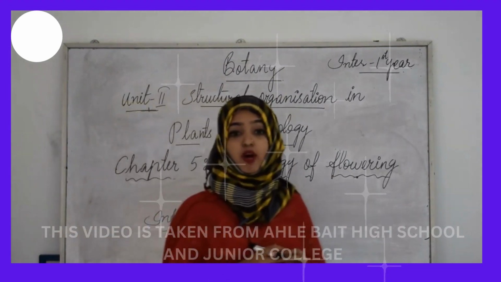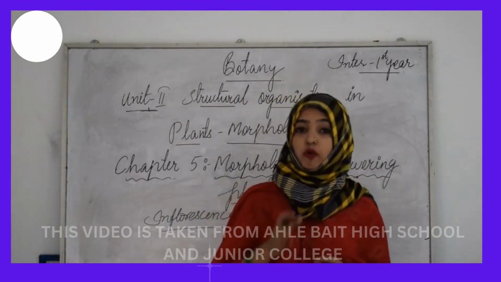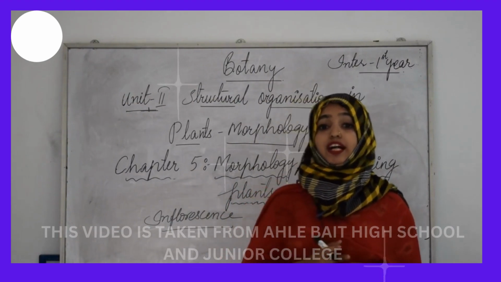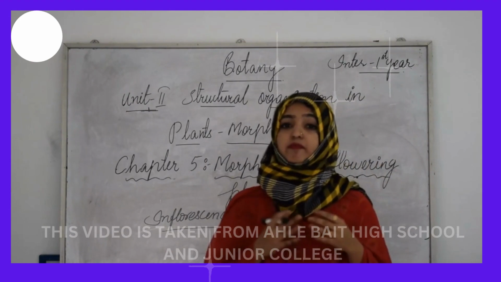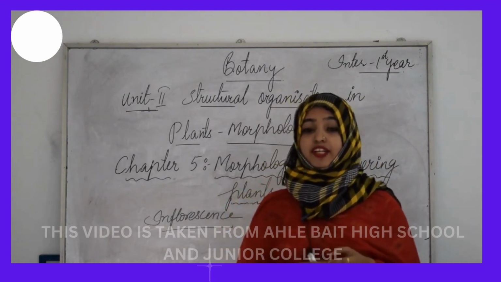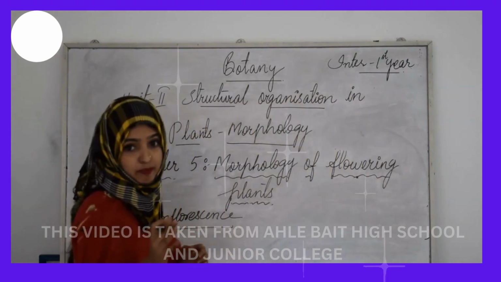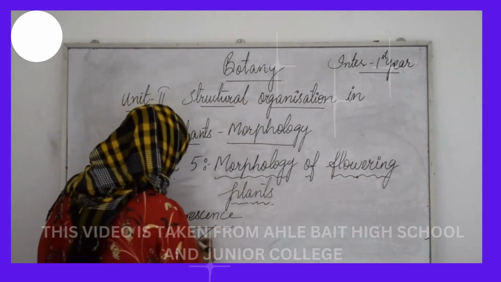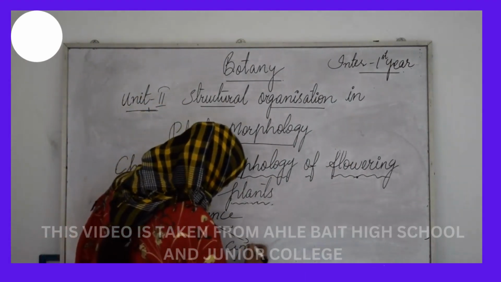A flower is a modified shoot wherein the shoot apical meristem changes to floral meristem. We all know that, and the internodes do not elongate, and the axis that is called as pedicel gets condensed. So depending on whether the apex gets converted into a flower or continues to grow, two major inflorescences can be seen. The first one is the racemose and the second one will be the cymose.